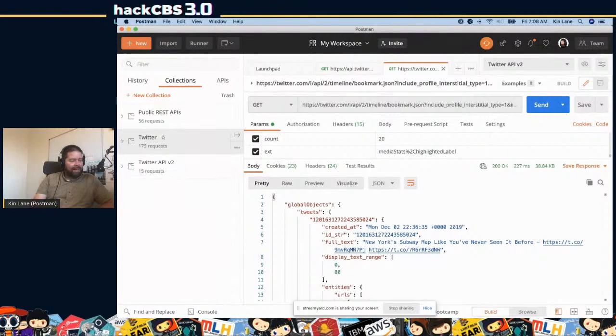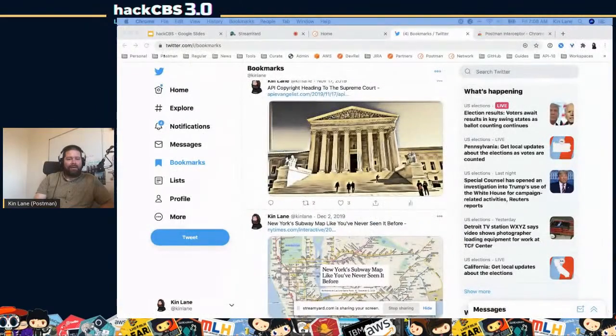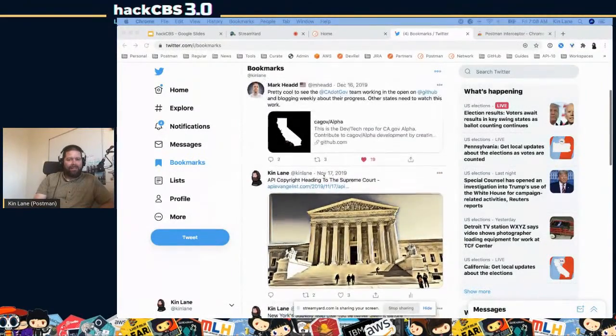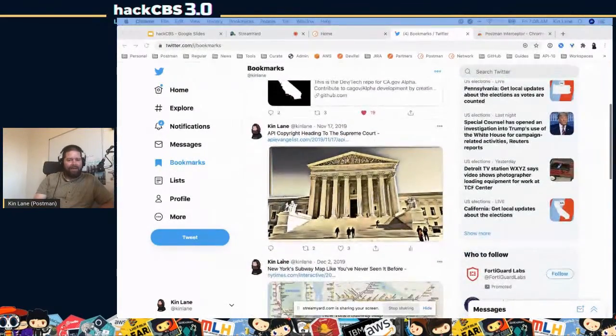So when you're building an application and there is something out there that you want to have in your application that is in another application and you can't get it out via their API, you can pull that and reverse engineer the APIs that they're using behind the web or mobile app. You can do this not just for web apps. You can do this using a proxy. If I go back to my Postman,